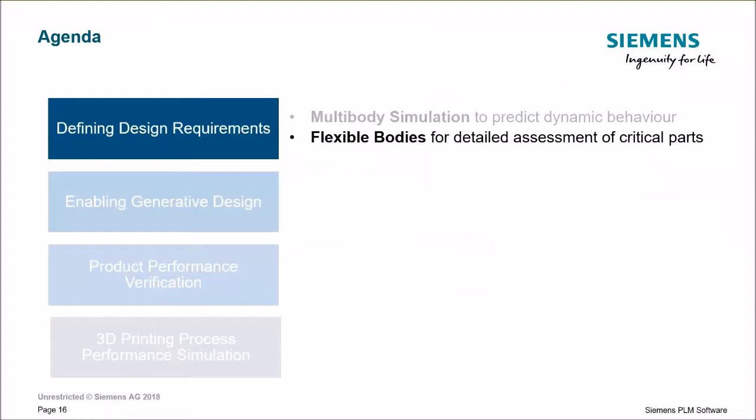Also, if you want to account for higher frequencies for other kinds of analysis within automotive applications, and also if you want to do, for instance, durability analysis, or to perform a more accurate assessment of certain parts, you will need to define them using flexible bodies rather than typical